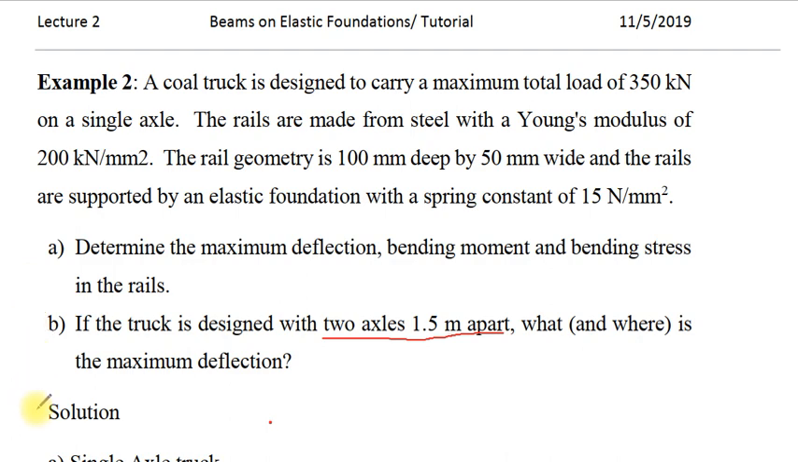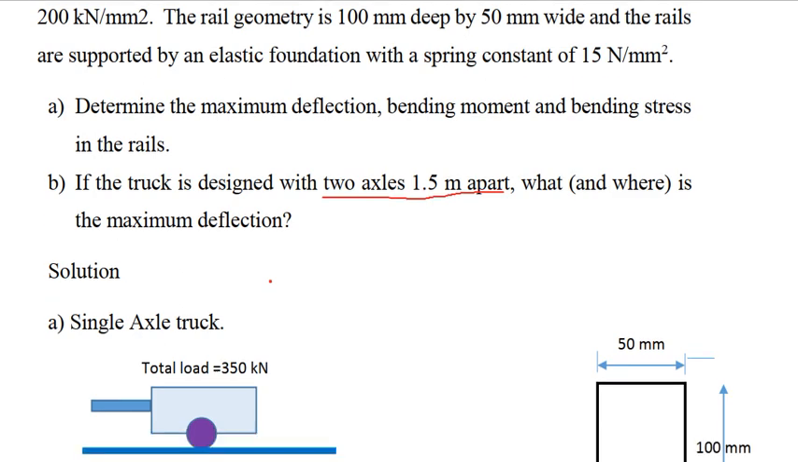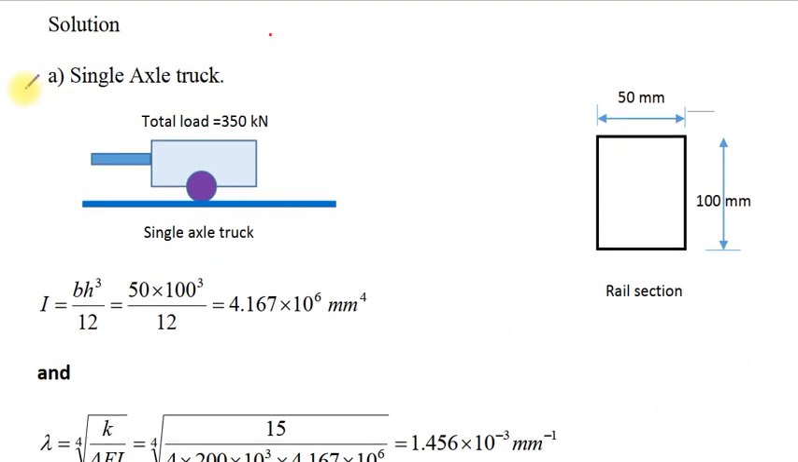We have two things. The first is to determine the maximum deflection and the moment for a single axle, and the second for two axles. To solve this problem, first take the single axle truck. In the single axle truck, we have just one